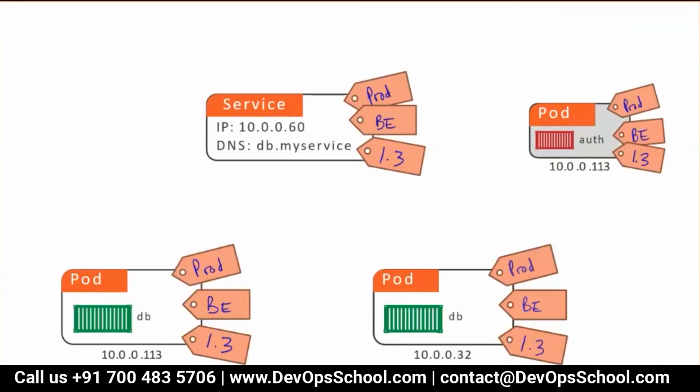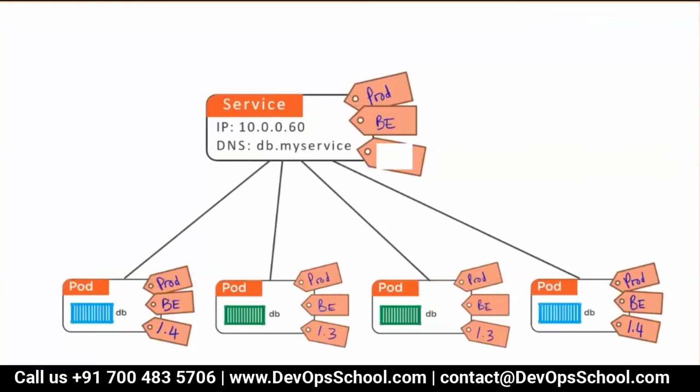No, that's correct. So guys, here what has happened, you labeled the database and auth with the same label. That is wrong labeling. That means what will happen? Sometimes you hit the service, sometimes the service will redirect to the database pod, and sometimes it will redirect to the login page. Will you accept this behavior? Of course not, right? So this labeling is not done correctly. Labeling is important and you should do that.